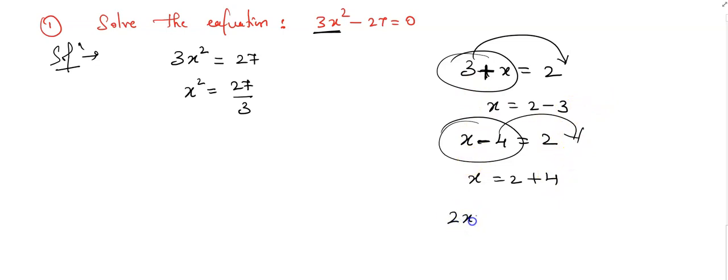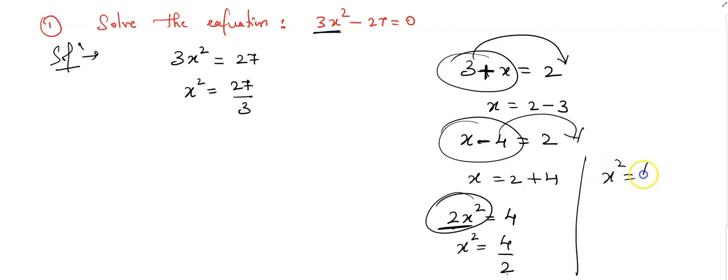Similarly, now let me say 2x square is equals to 4. Now we can see this 2 and x square are multiplied. So if we have to shift this 2 to the RHS side, then it becomes division. That is 4 by 2. It becomes divided. If it is addition, it becomes subtraction. If it is subtraction, it becomes addition. Now if it is multiplication, then it becomes division. If it is division,